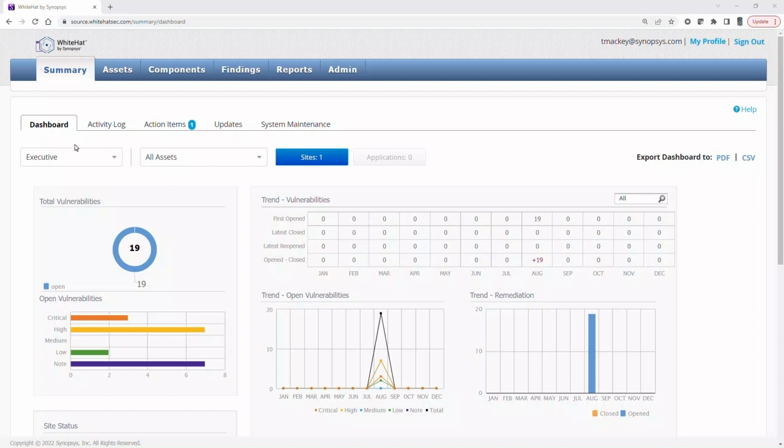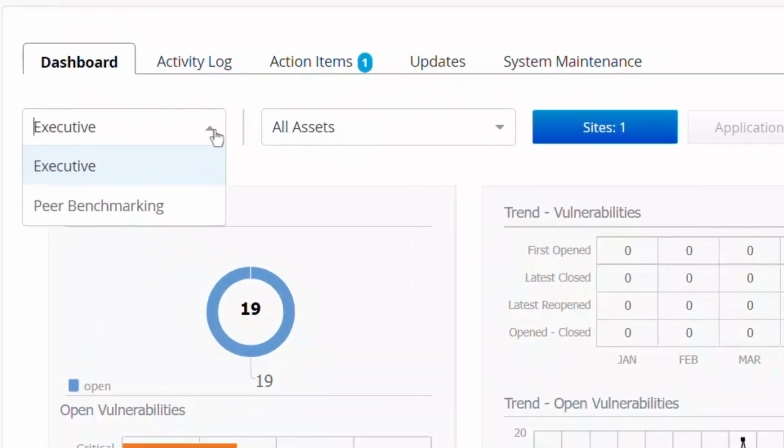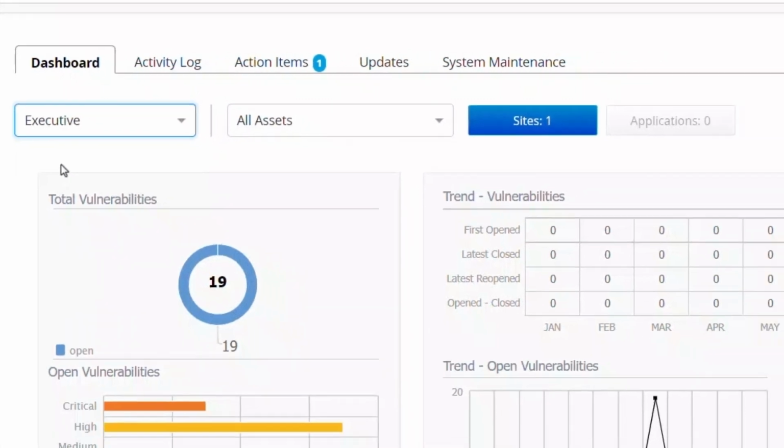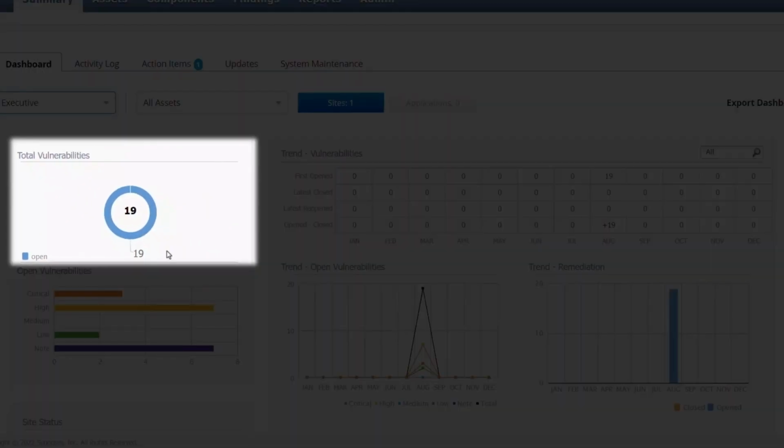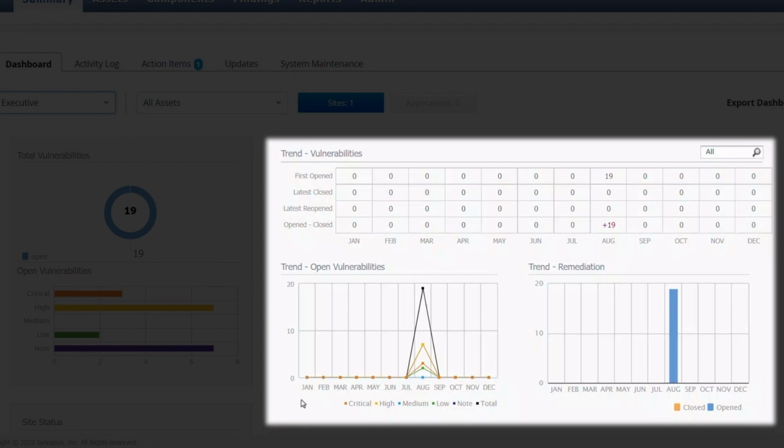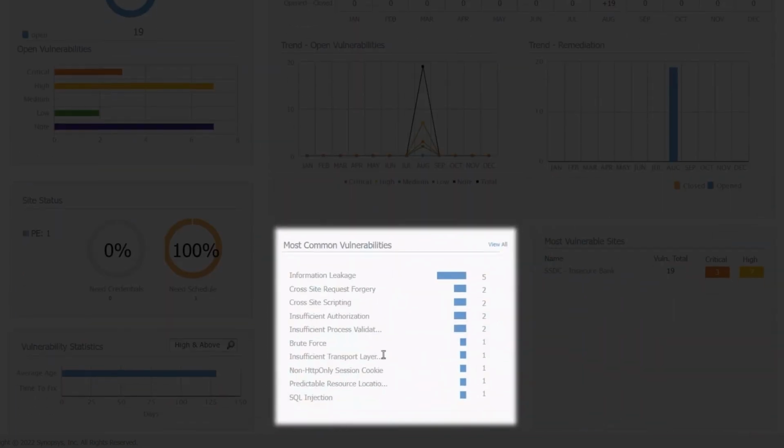The White Hat Dynamic dashboard provides two distinct views based on the user persona. We're going to start with the executive dashboard. Here we can see the total public vulnerabilities found, and the associated vulnerability trend, as well as the most common